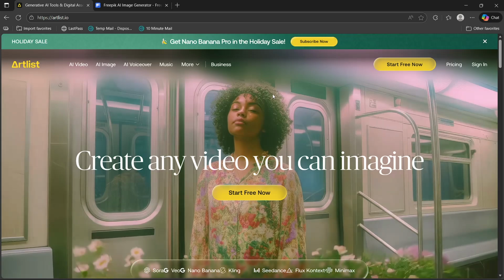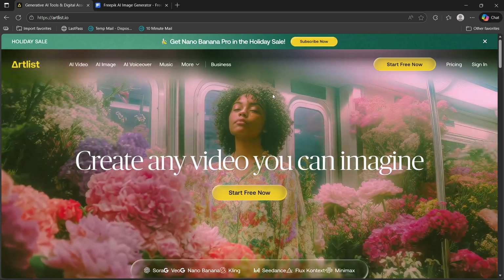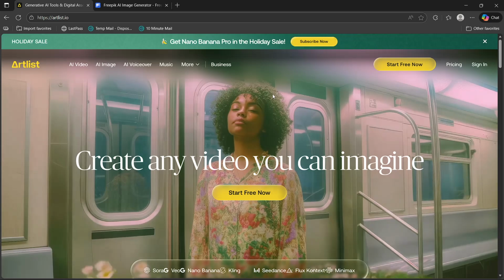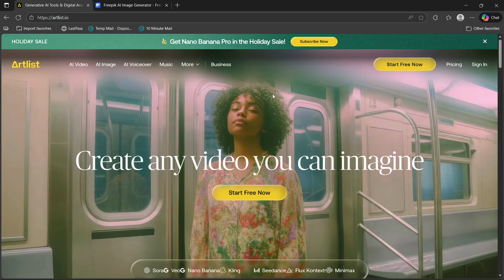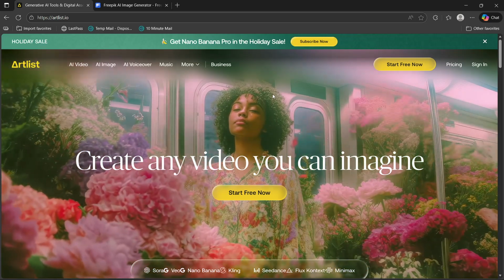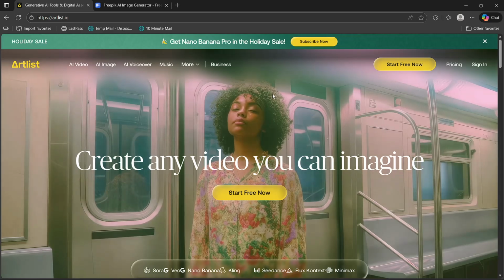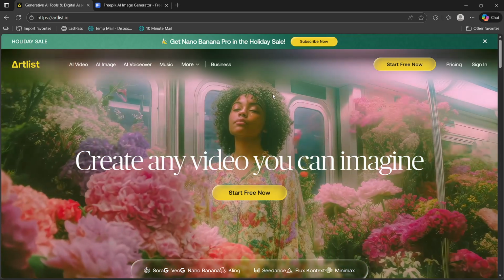So yeah, once you see the account settings, what you will just have to do is click it, and then you will see subscription or account. And then once you see it, you will just have to click it, and then you will look for the delete account or close account option. And then you will just have to click that, and then you will click request deletion and confirm with your